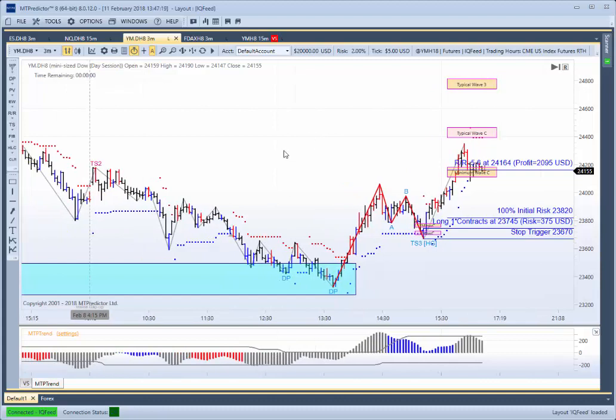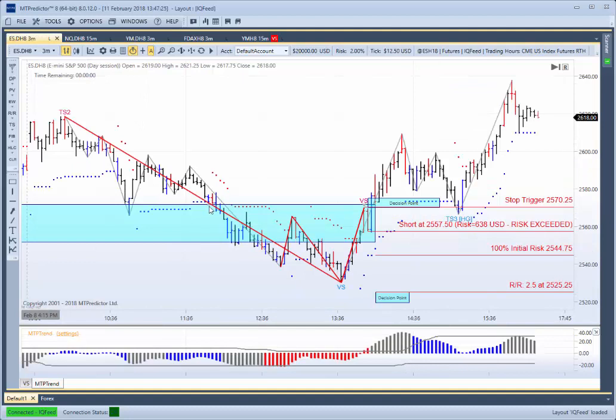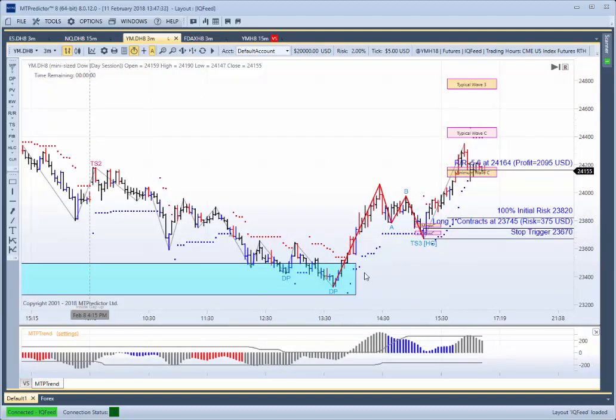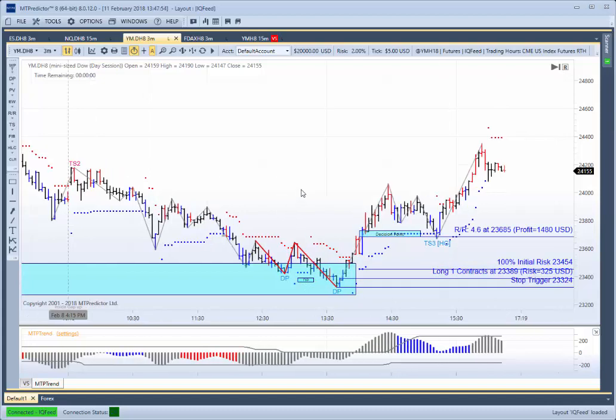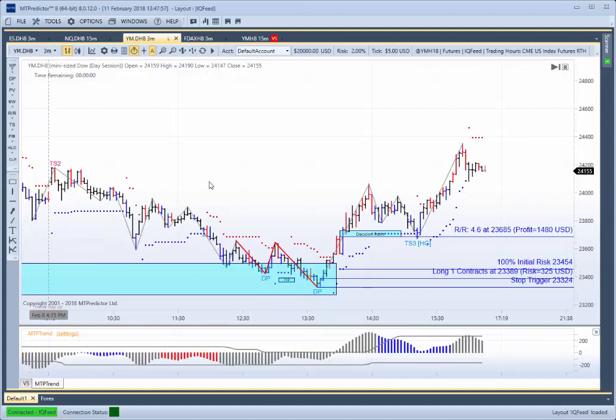So even though there were some losing trades, we had a look at one here, and we've had a look at some losing trades on the ES, the losses were kept small at a -1R or 1R loss. But more importantly, we came in for a couple of very good profitable trades here late in the day, with this TS3 Holy Grail buy setup, which was a lovely one, and then also this DP buy here that came in at our 15-minute support zone. That's the important thing, at our 15-minute support zone, that actually nailed the very bar of the low of the day. So a good day there for MTPredictor,